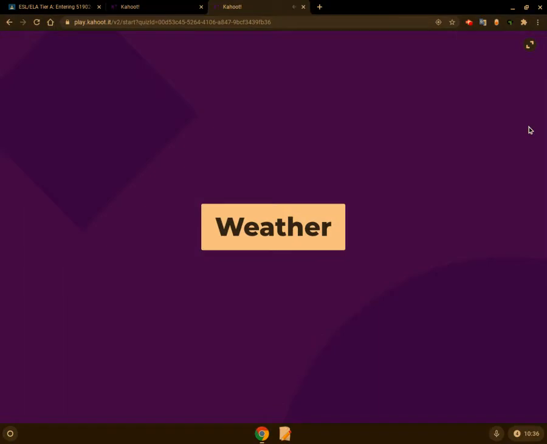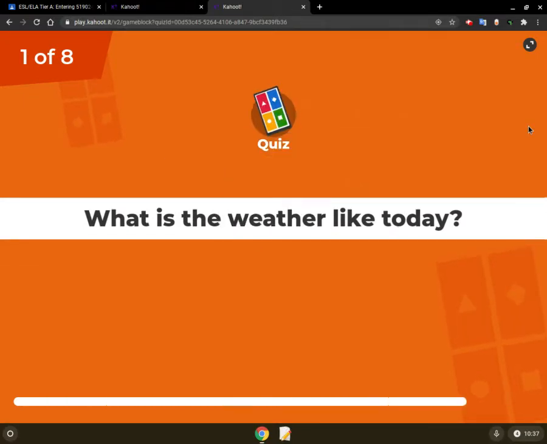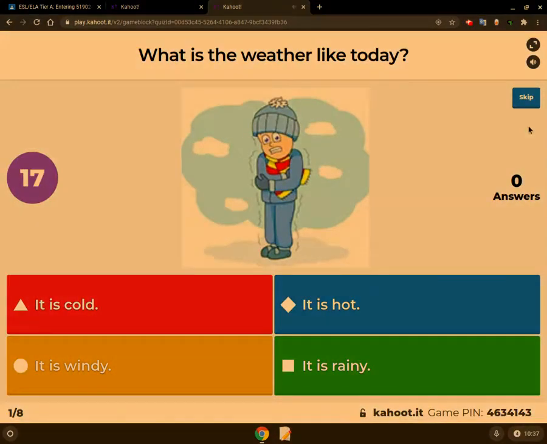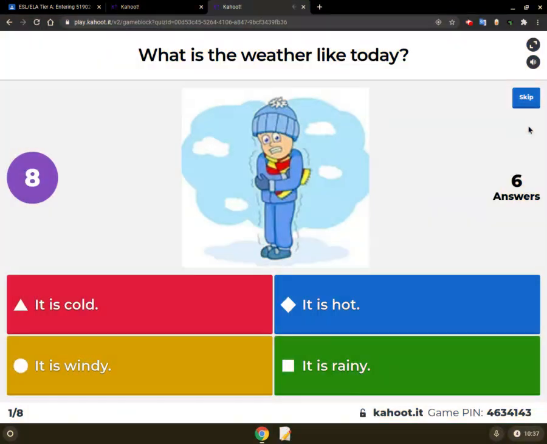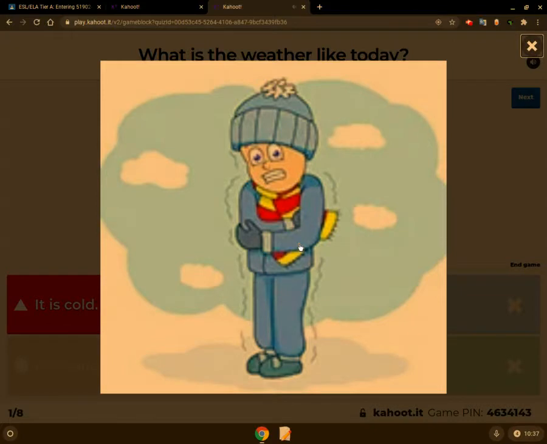So weather. Very good. So it is cold. So if we look at the picture, how can we tell that it's cold? Because he's shivering, right? So the person is shivering. It looks like his teeth are chattering. What else can you tell me about this picture?